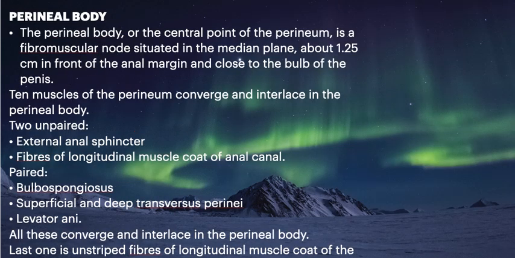Right. So, basically, it is the central point of the perineum we have seen previously, a fibromuscular node situated in the median plane about 1.25 centimeter in front of the anal margin and close to the bulb of the penis. The importance lies within one particular thing, that is, 10 muscles of the perineum are converging and interlacing at